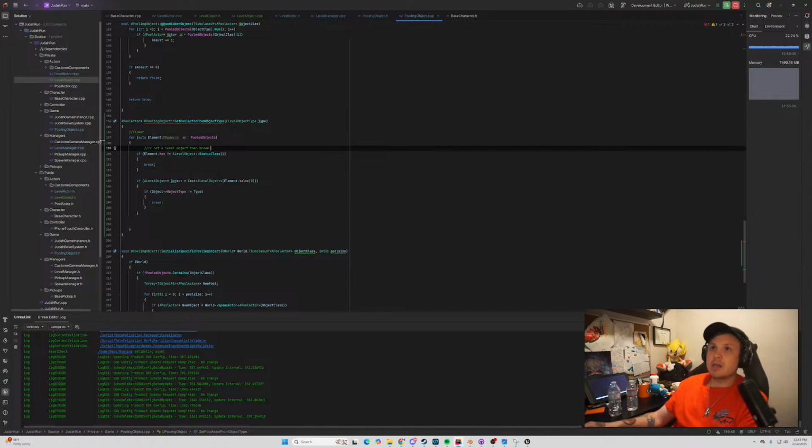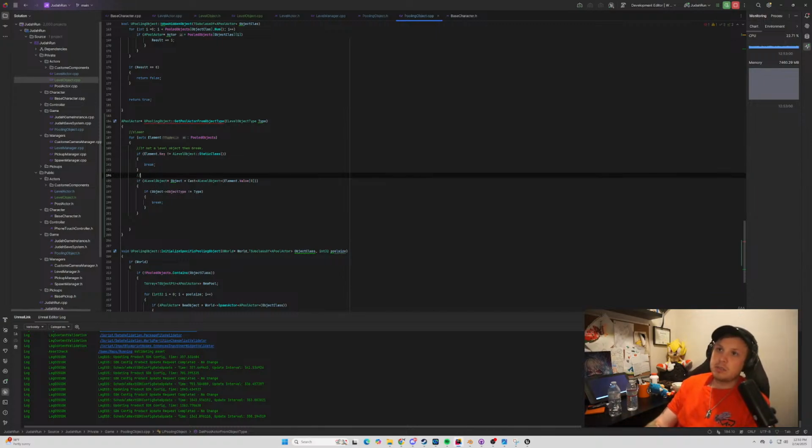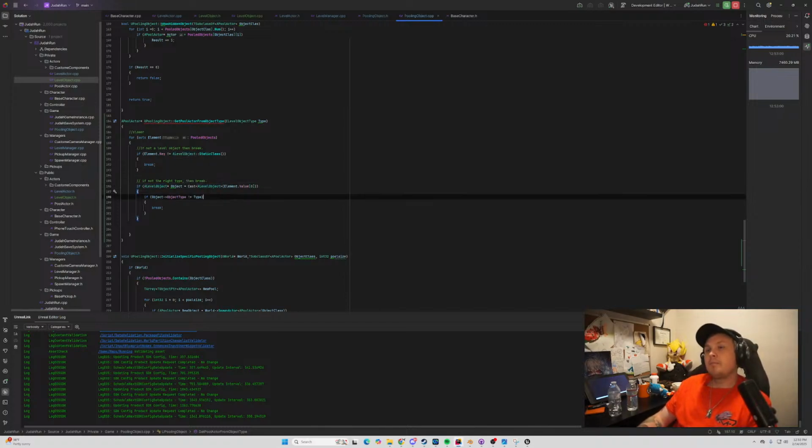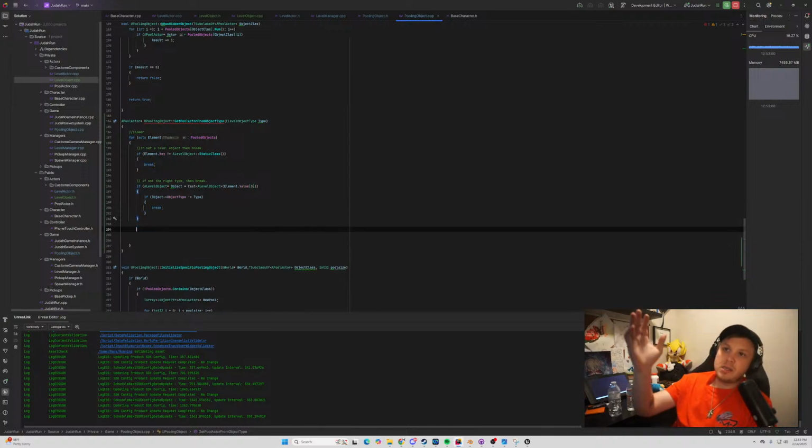This is a very funky pool object I'm creating, just so you all know. Not a level object, then break. The right type, then break. Then go to the next one. So if all these are good, then we can just return,